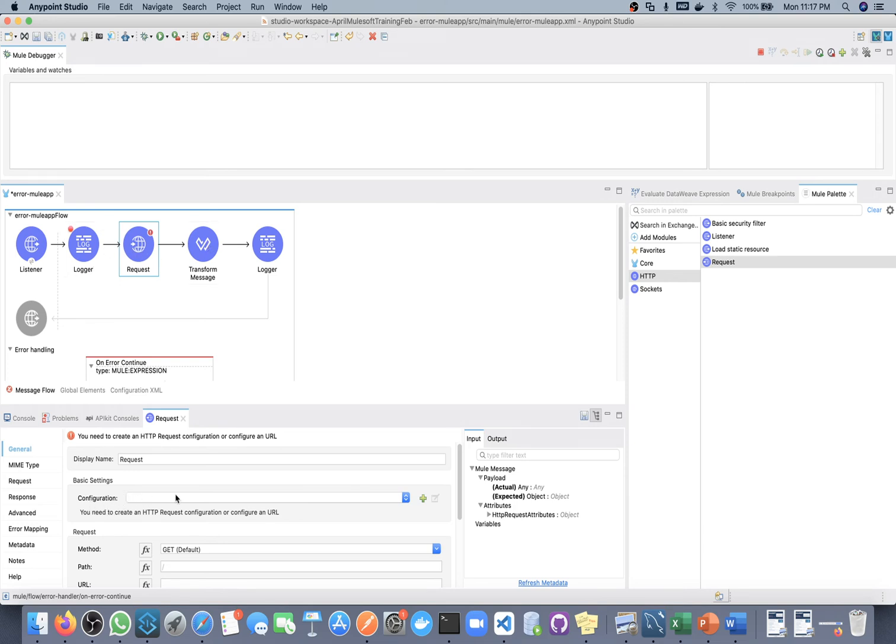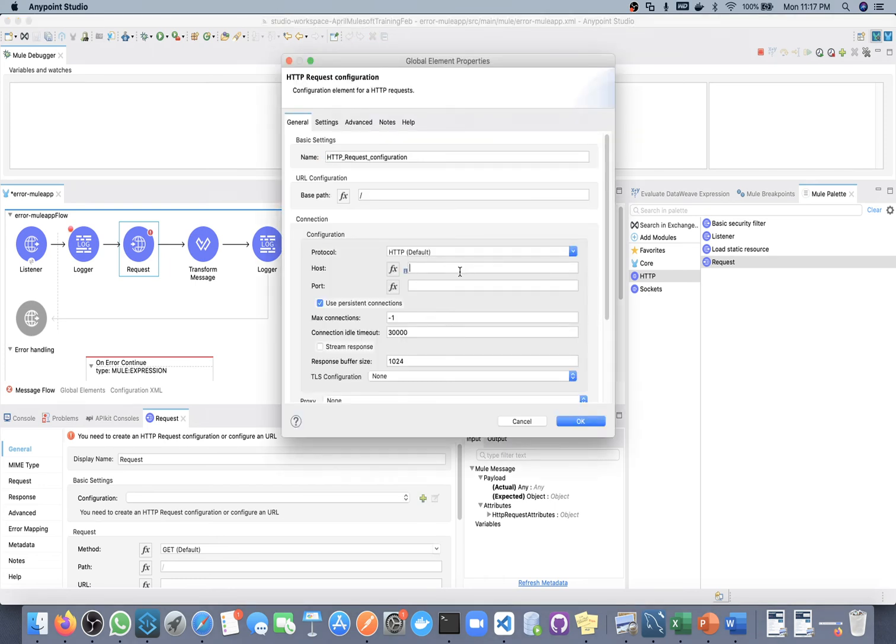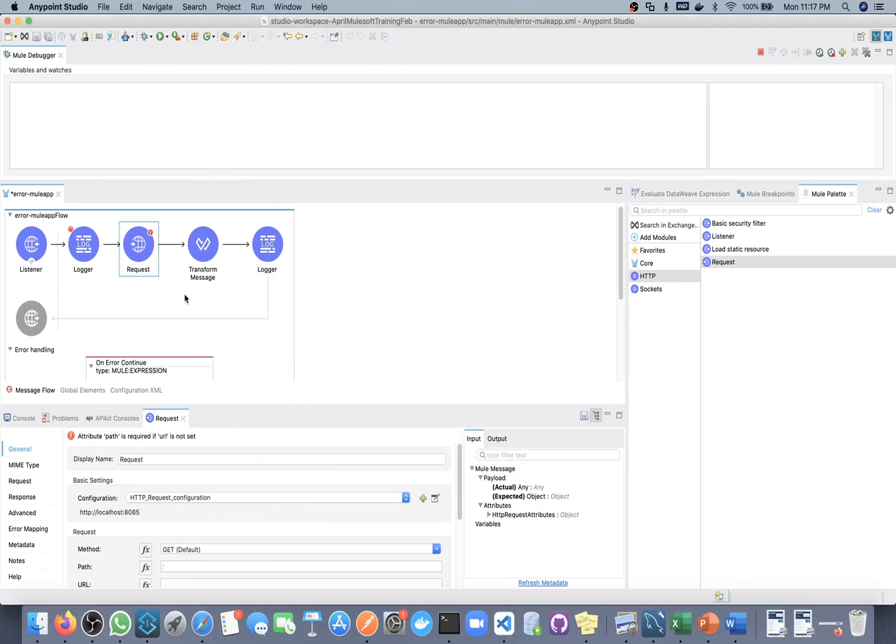Inside the connector configuration, I am defining whatever required properties are there, so at least our build should not fail. Okay, localhost, and in port I am giving 8085. Since we don't have any application running on localhost 8085, this requester will fail. In path I am giving test.